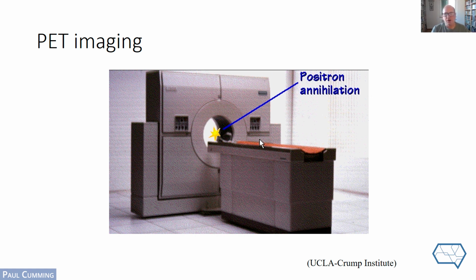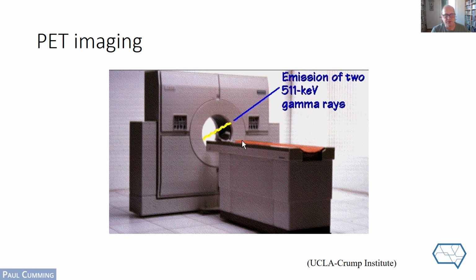Because each pair of detectors separated across that detector ring have to be wired to each other so that synchronous events of gamma detection can be registered. Next slide, or forward. Sorry about the clicking noise. So here you see again, the emission of two gamma rays at nearly 180 degrees. Ahead, next slide.